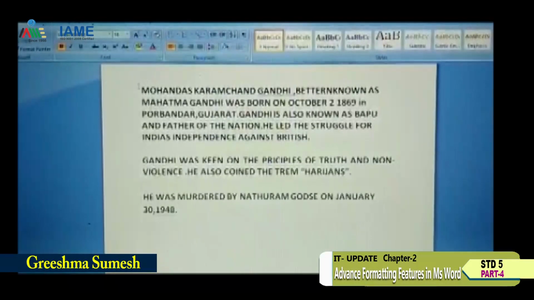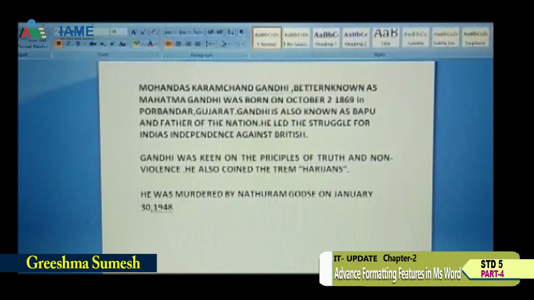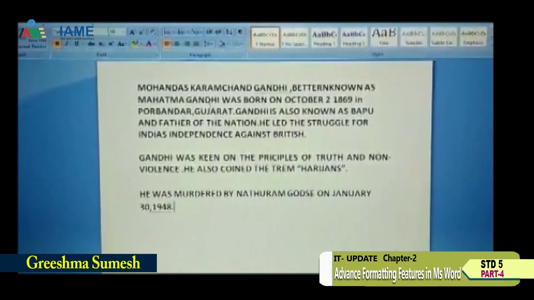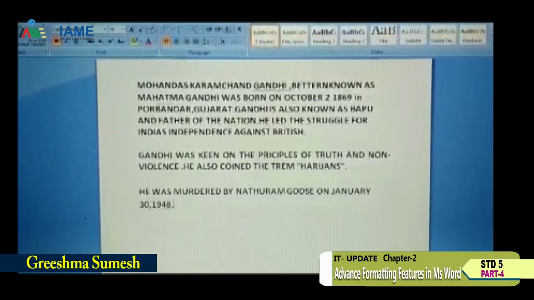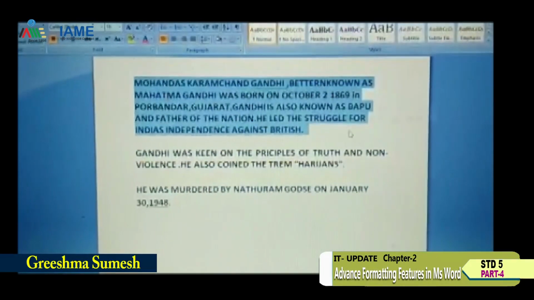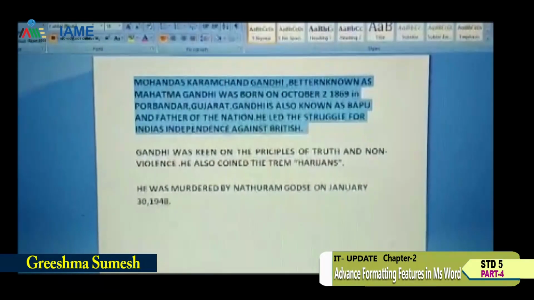First, select this paragraph: Mohandas Karamchand Gandhi, better known as Mahatma Gandhi, was born on October 2, 1869. Then click on the Home tab.